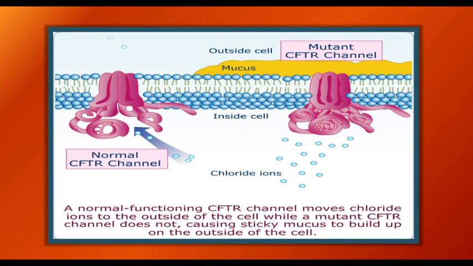While in the mutant CFTR channels, because of the abnormality in the gene, as we say, found in the large gene on chromosome 7, there will be blockage of the movement of chloride ions across the cell membrane, so it will lead to accumulation of thick sticky mucus that builds up outside of the cell. The presence of this thick and sticky mucus will be responsible for the initiation of the pathology related to